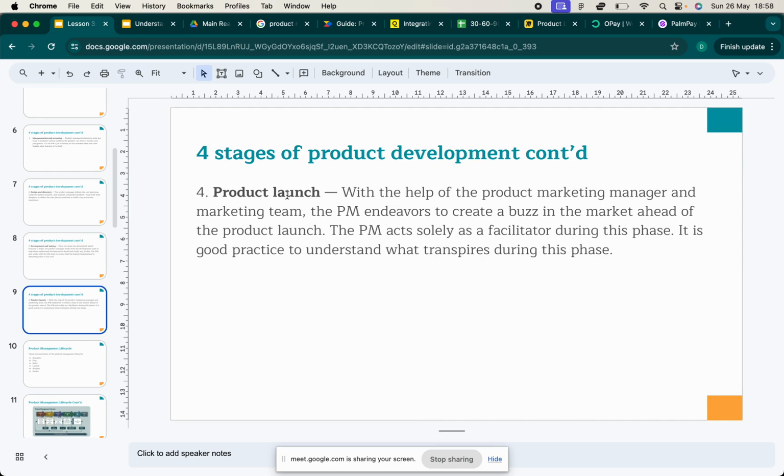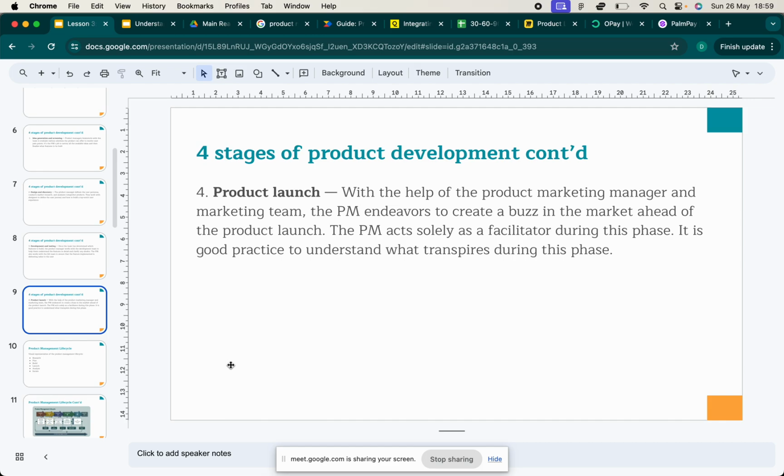So the launch is the idea, the software has been built, it's been tested, and it works well. So here we link up with our marketing colleagues, and they create buzz in the market. The buzz could be, for example, using social media to inform customers that we'll be launching a new product soon, and customers will be excited, and then they anticipate when the product comes.